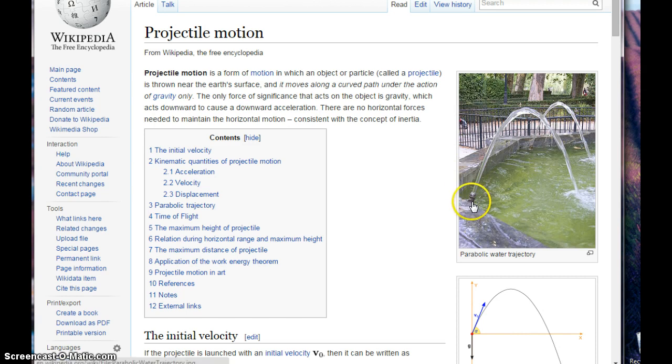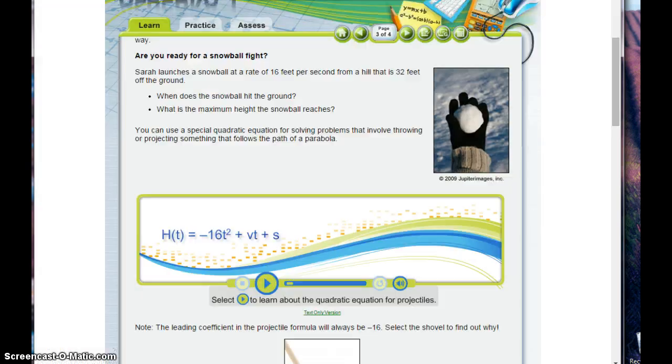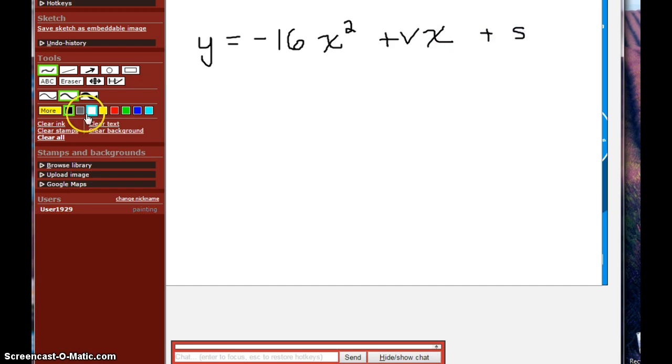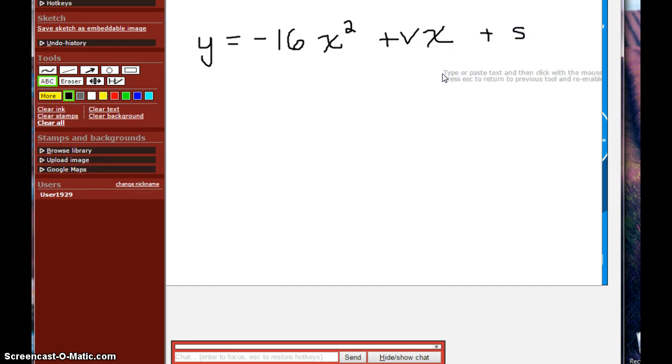So we're going to be looking at our water fountain. The water is going to go up and it's going to go down, and it's going to follow this equation right here. So let me put it on the whiteboard and help you get prepared for this project. So y is equal to -16. They use a t, but I'm going to use an x for ours because this is more compatible with our Geogebra program. V is the initial velocity in feet per second. All right, there are specific units, and s is equal to the initial height